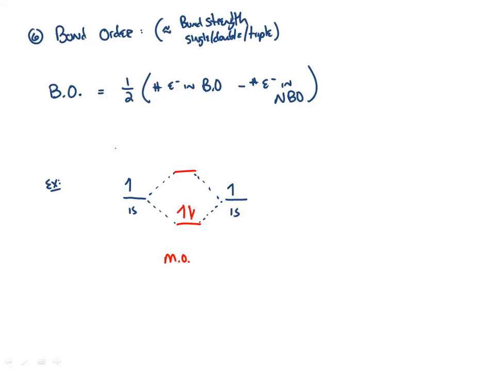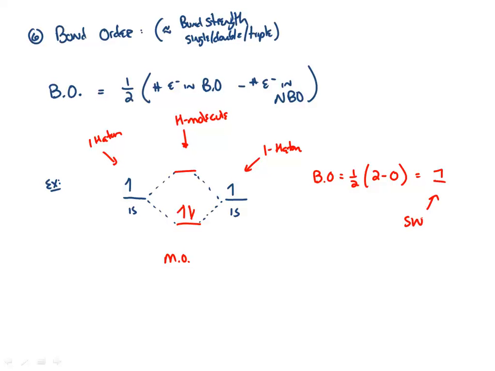Realize that this represents 1 hydrogen atom, and this represents my hydrogen molecule in the middle. We would say then that the bond order is simply equal to 1/2 of 2 minus 0, or 1. So it predicts a single bond,